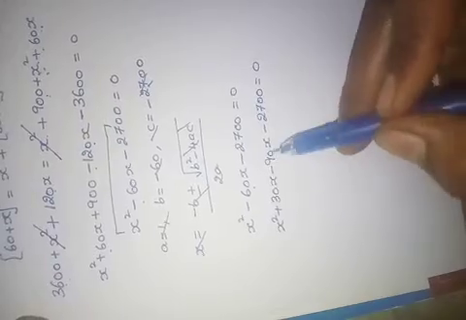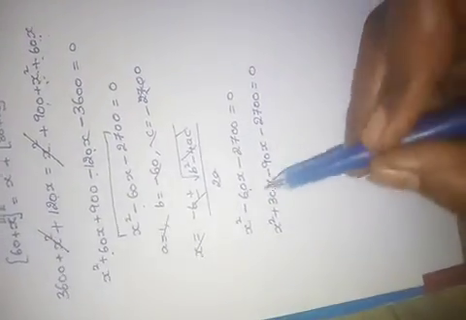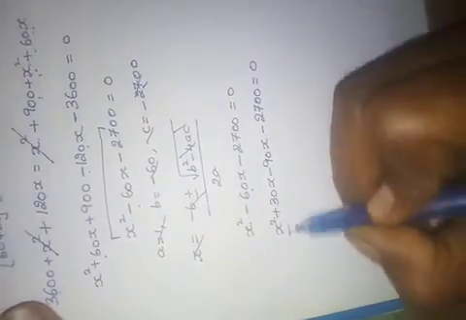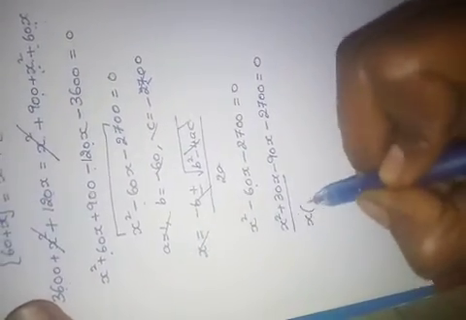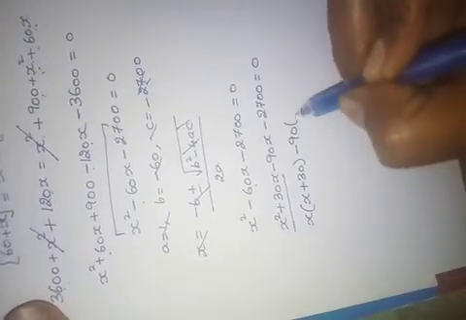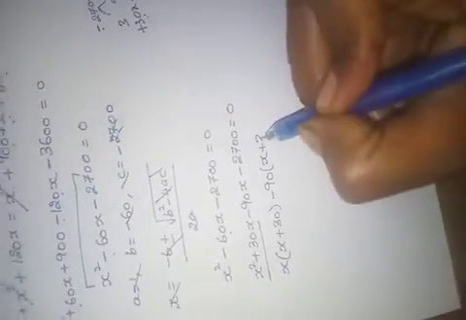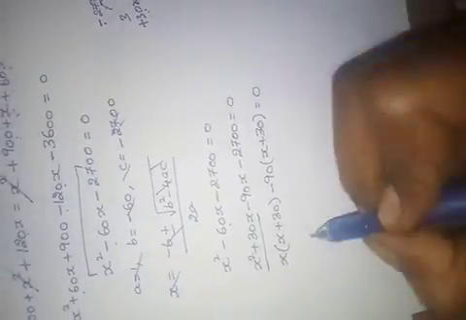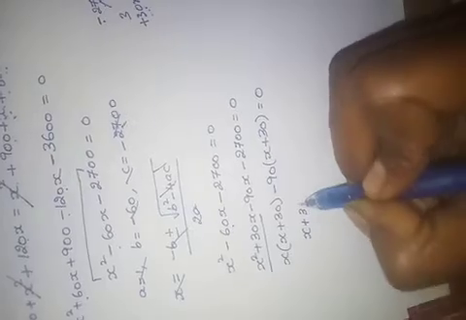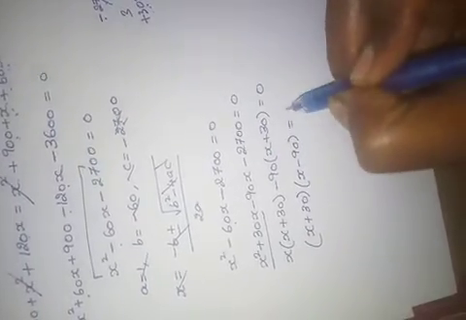Check it if you have doubt. Add these both, you have to get this. 90 minus 30, how much? 60. Correct only, no? Now in these two, take x as common: x plus 30. Now take minus 90 as common: x plus 30, already within. 90 into 30 is 2700, equals to 0. (x plus 30) into (x minus 90) equals to 0.